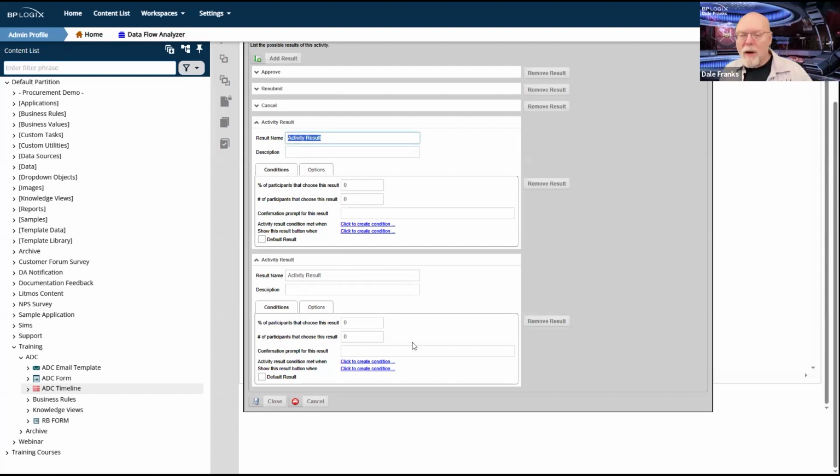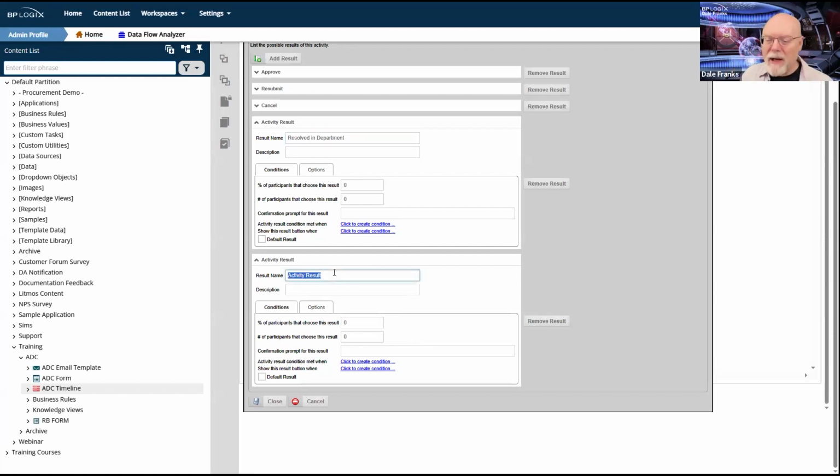So for a complaint, I'm going to need a couple of different activities that are unique to the complaint type. So the first one, I'm just going to choose resolved in department.